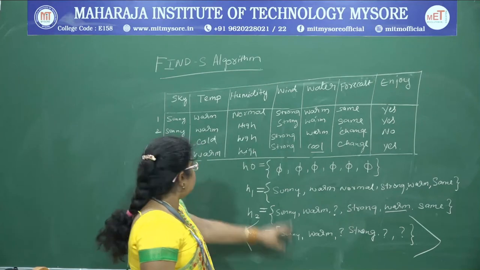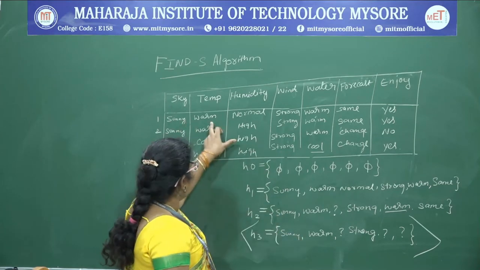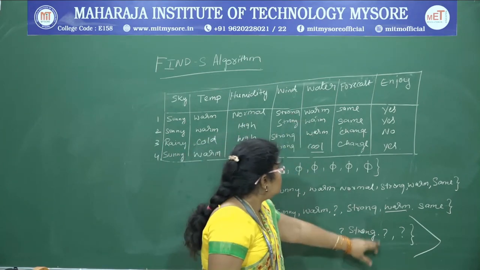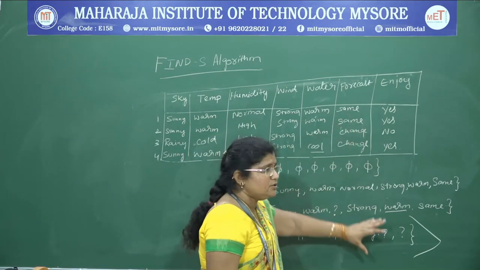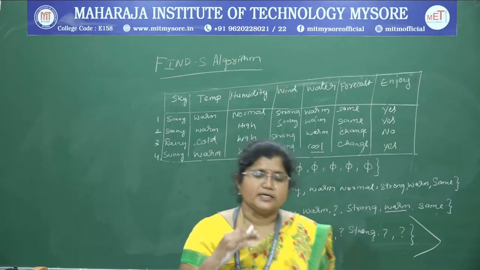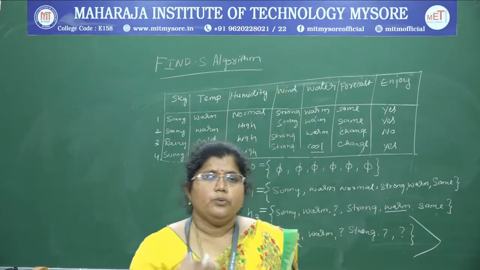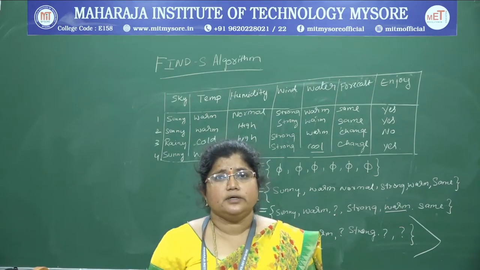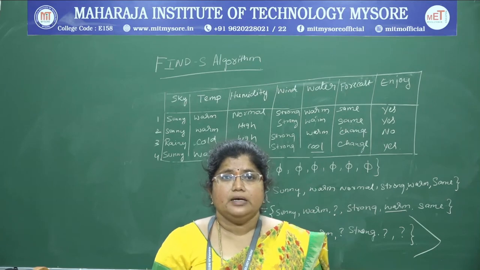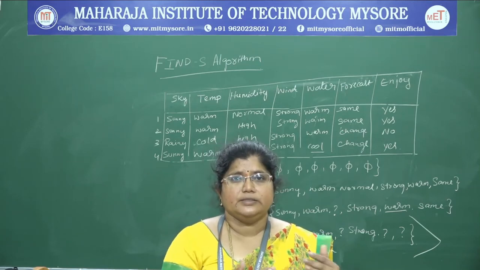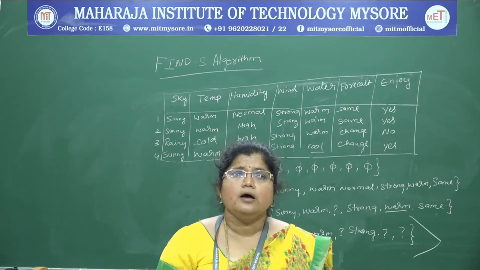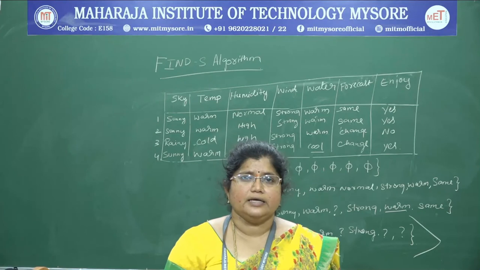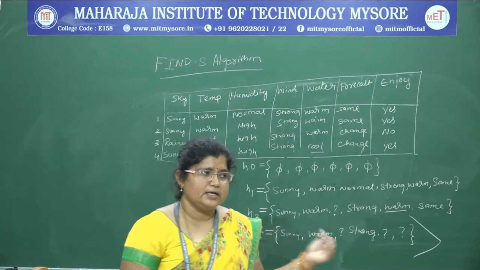So when you compare, see, sunny is there, warm, question mark, this acceptable, strong, question mark, maximally specific hypothesis where it can classify unobserved training examples in a proper manner, whether it is a positive training example, or if not, it is classified as a negative training example. That's all about the Find-S algorithm.